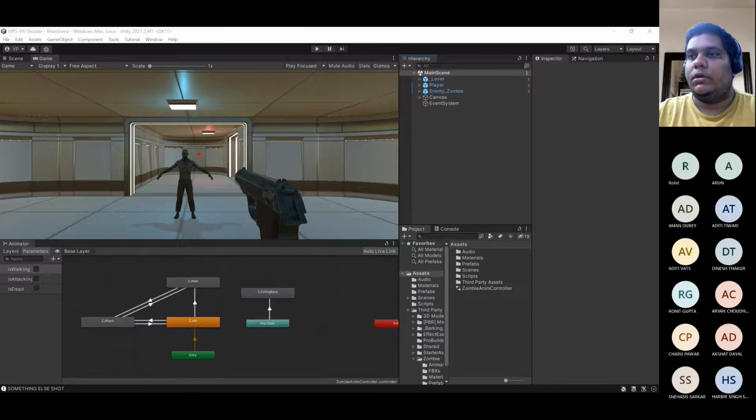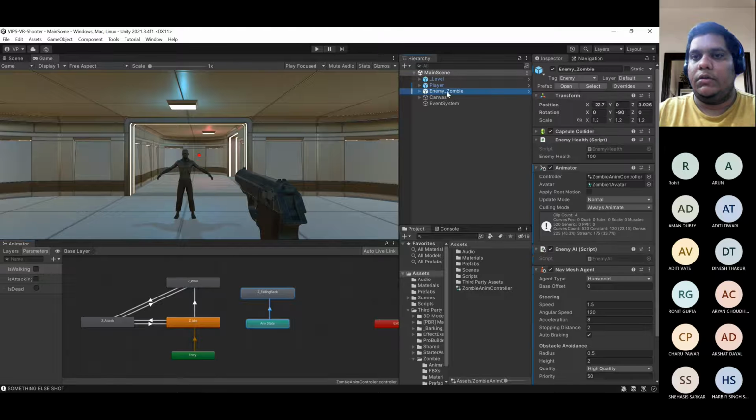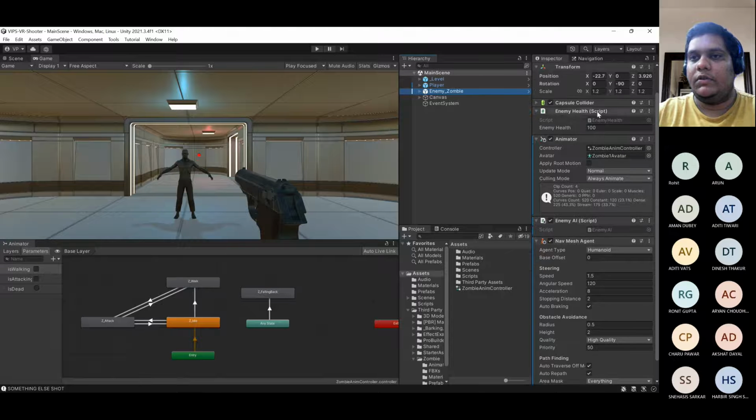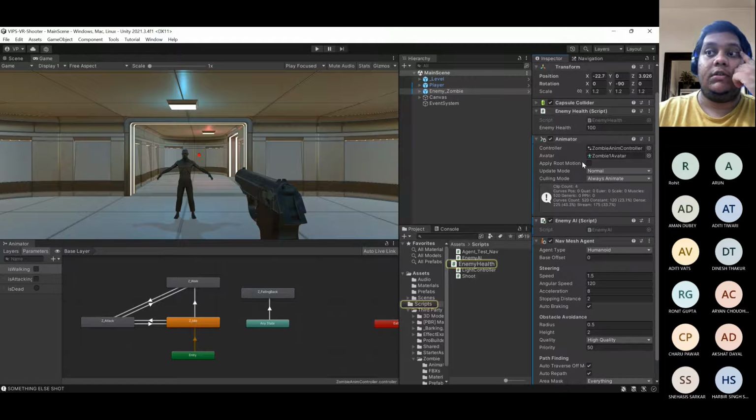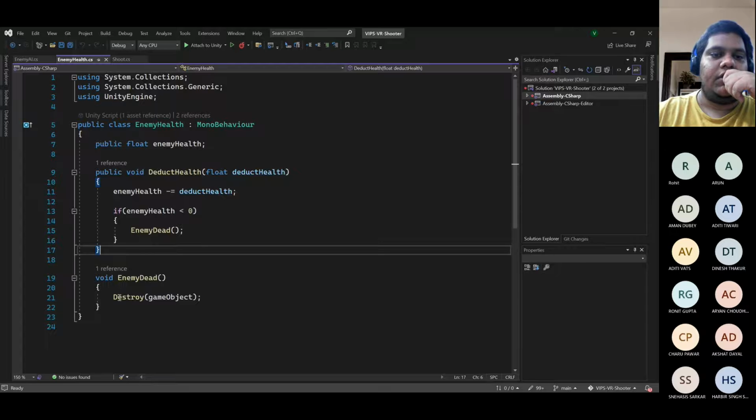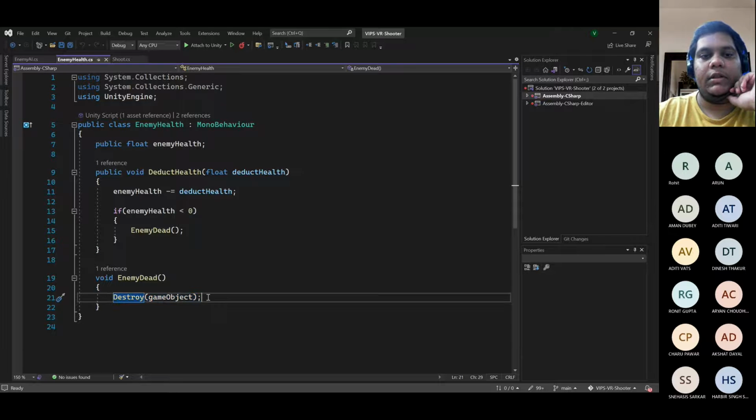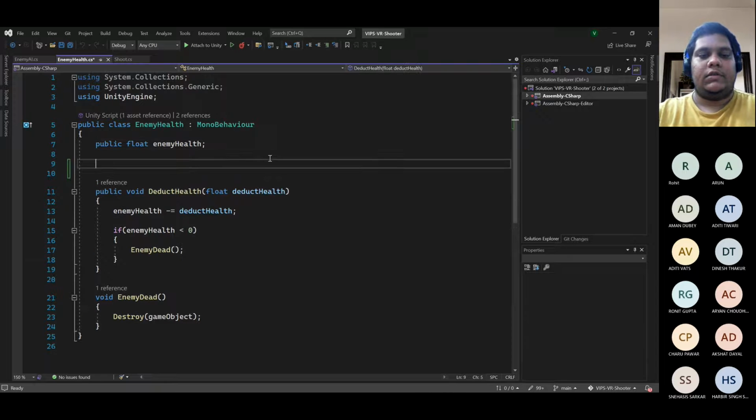So now what I want to do next is basically add the stopping distance we have changed. Now we'll add the death animation. So this thing we'll add in our enemy script. So we have another script which is controlling the health of the enemy. This is where we are destroying the game object. So we have to make a play between this and the enemy AI. So these two scripts have to communicate with each other, and that is how basically we'll be able to destroy this. So what we can do here in this script is add a start function,